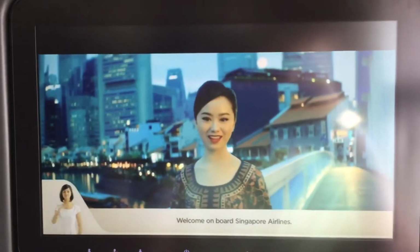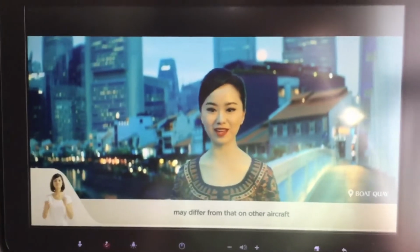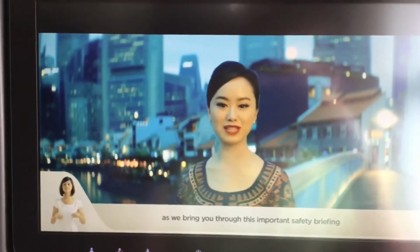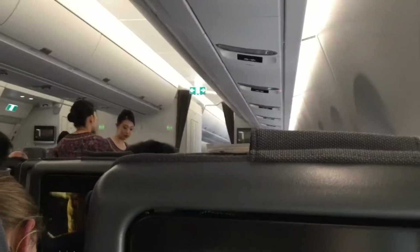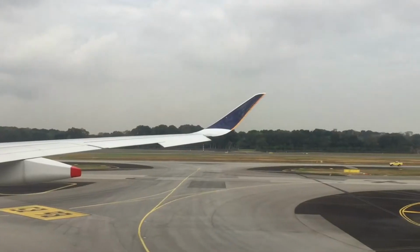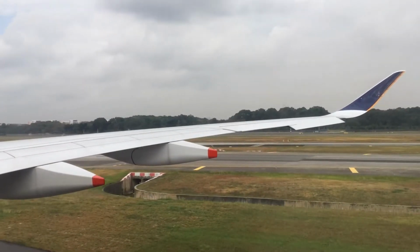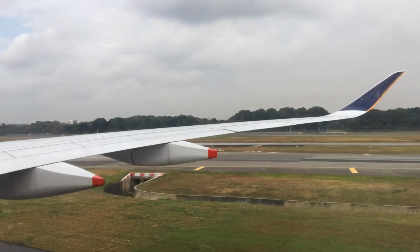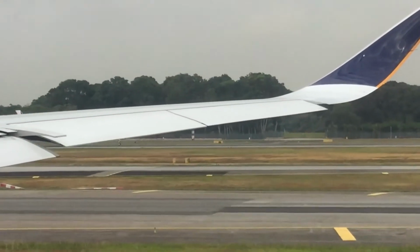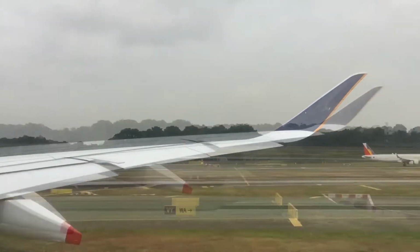Welcome aboard Singapore Airlines. As the safety equipment on this aircraft may differ from that on other aircraft, please give us your attention as we bring you through this important safety briefing. The table is stowed away. Put the are located under or between your seats. All large electronic